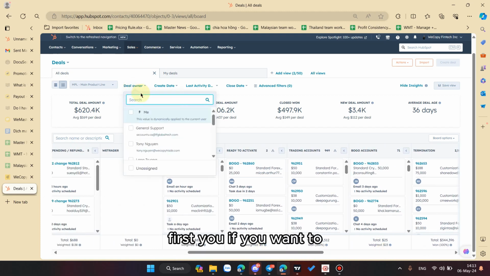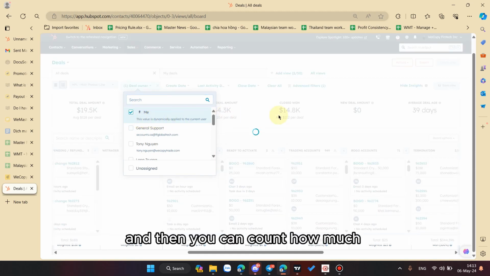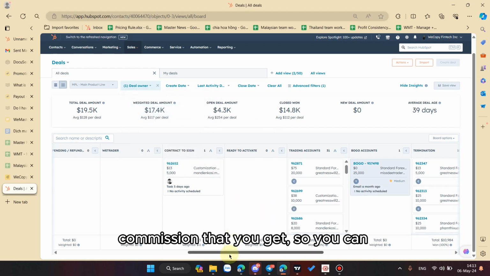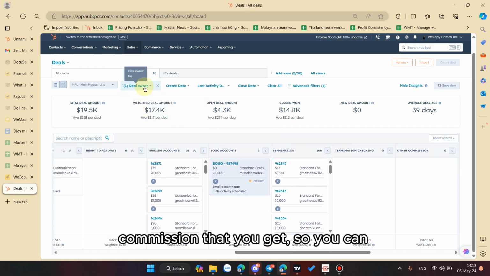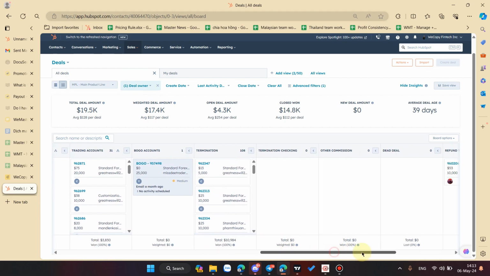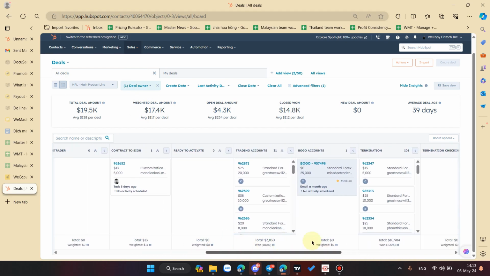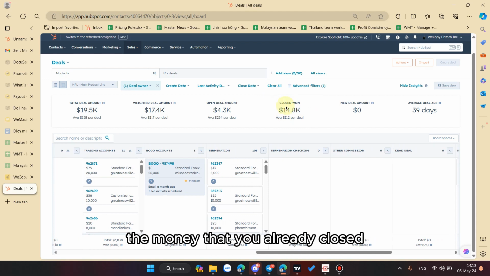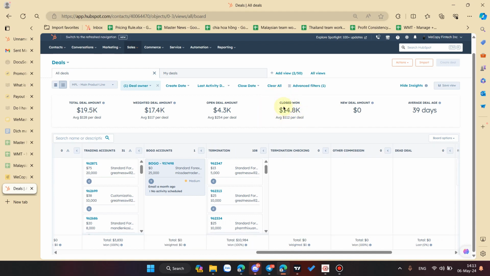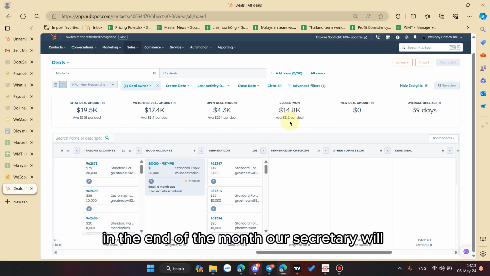If you want to know how much revenue you make, and then count how much commission you get, you can check the deals that belong to you as deal owner, and see how much money you have already closed. At the end of the month, our secretary will calculate your commission.